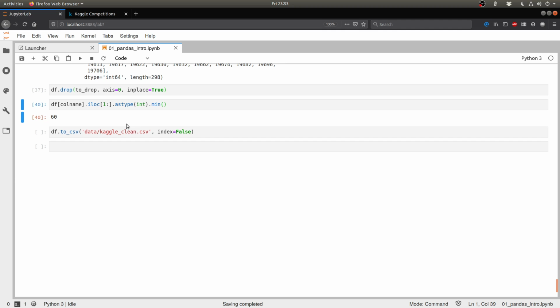Now we're going to continue with this data set in the next notebook, and in order to do that, we are going to save the clean data that we have. We're just calling it clean because we have dropped some rows, which by some definition we have designated as dirty or suspicious rows.